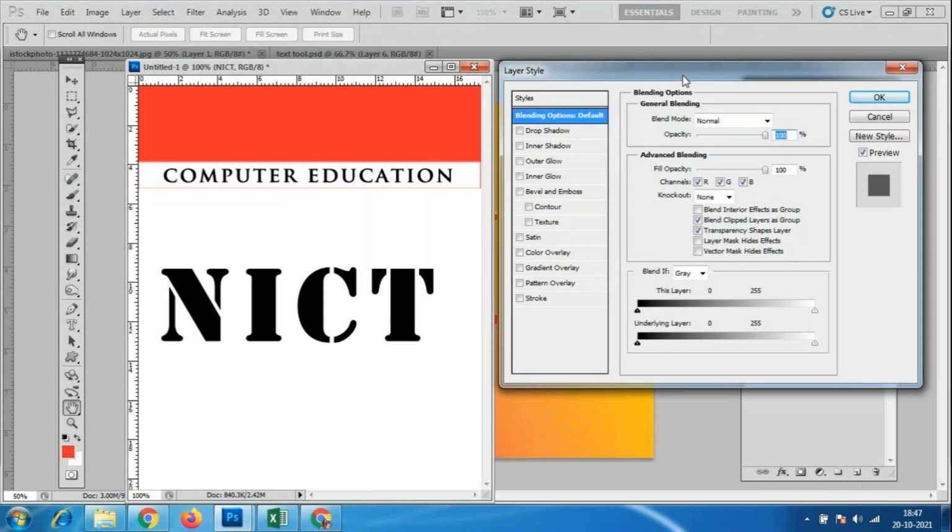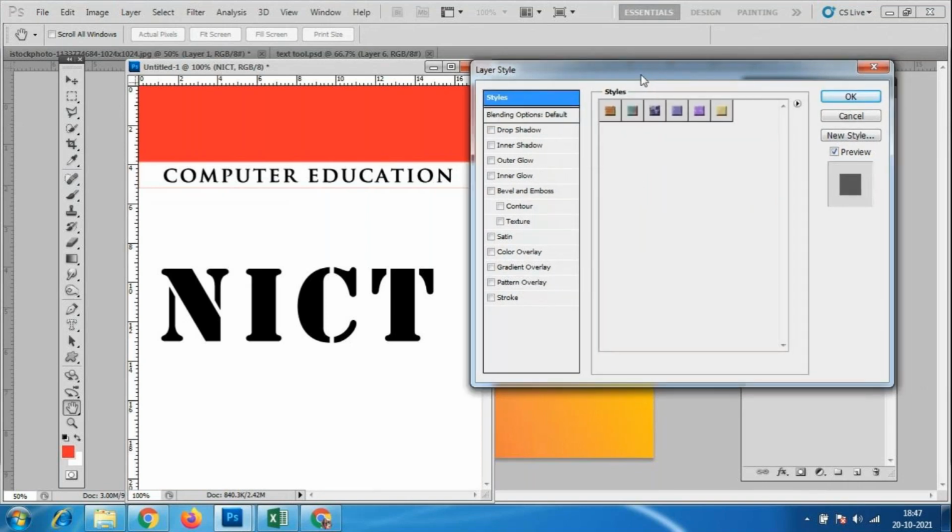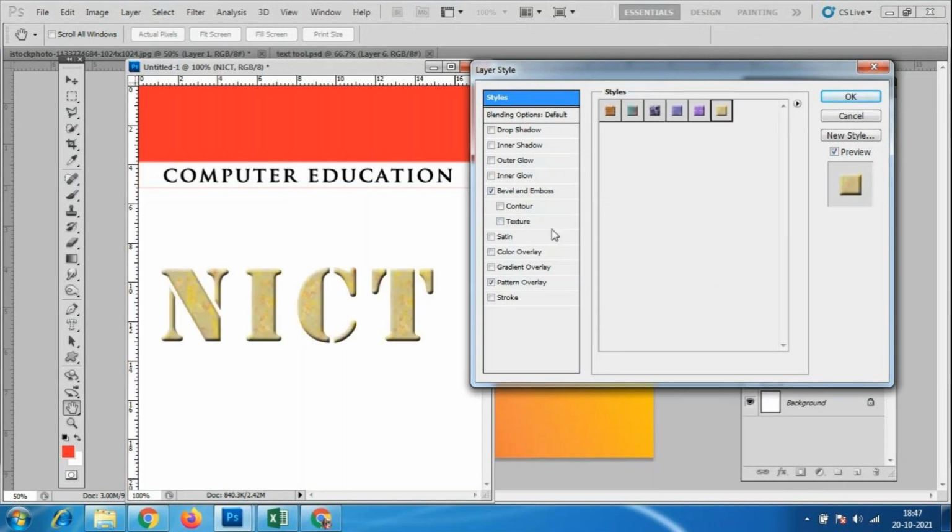Here, if I click on this styles, we have multiple options. You will get a different kind of text, which are already done in Photoshop. These are the default things available in everybody's system.